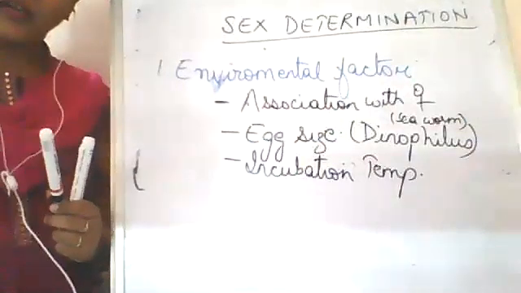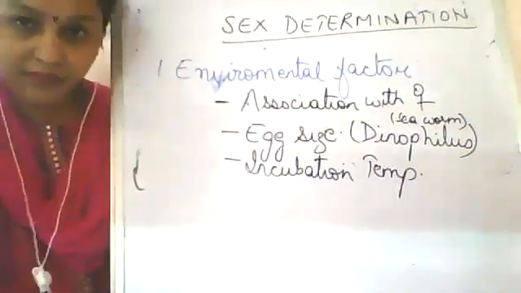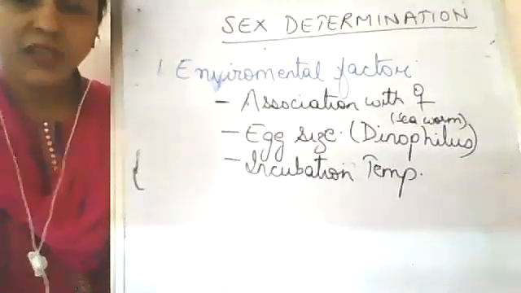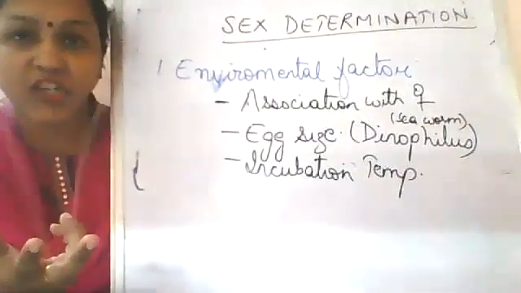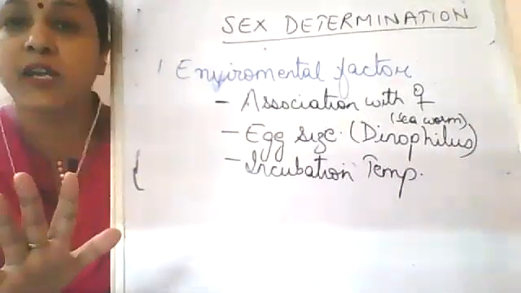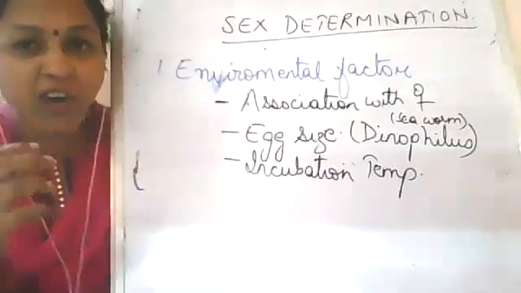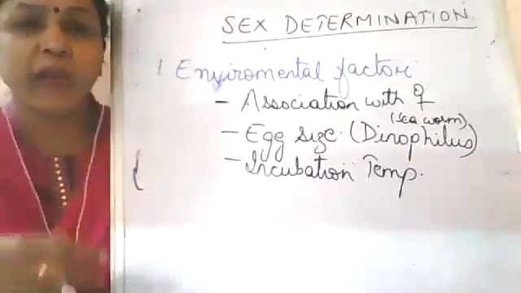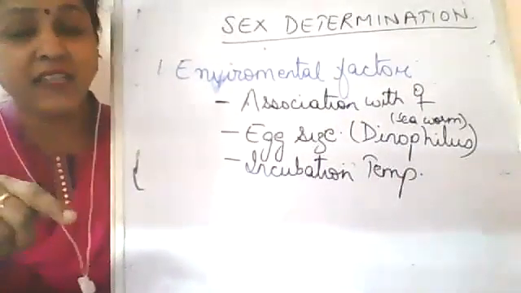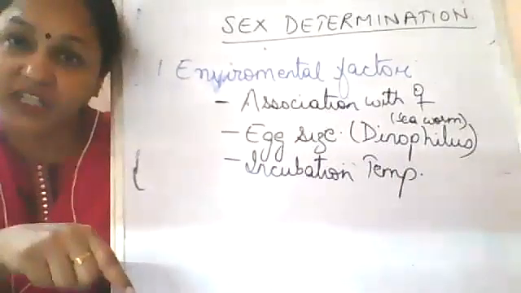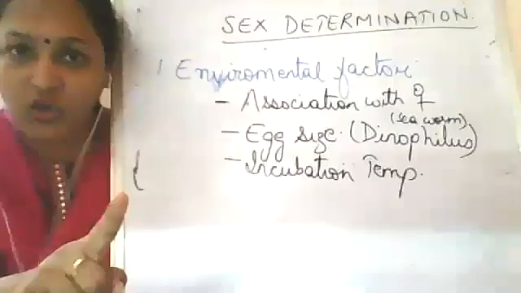Ma'am, one more thing. Ma'am, fusion happens anyway, so how can temperature change it? Because there is basically no chromosomal demarcation between males and females. Chromosomally, both are alike. It is only on the basis of environment what type of changes will take place in the egg. So environmental factors are either switching on or switching off certain genes. All the genes are there. We know environment affects the functioning of these genes.